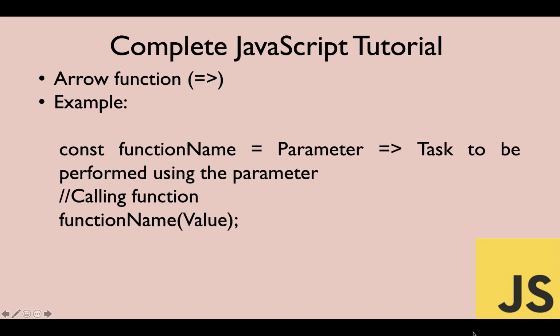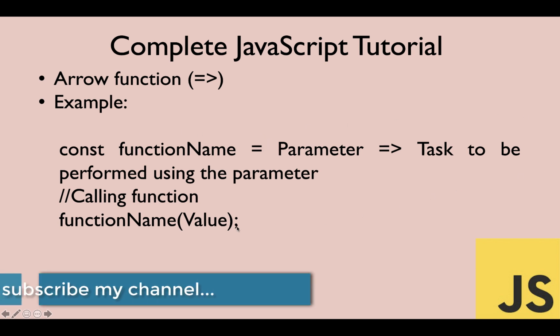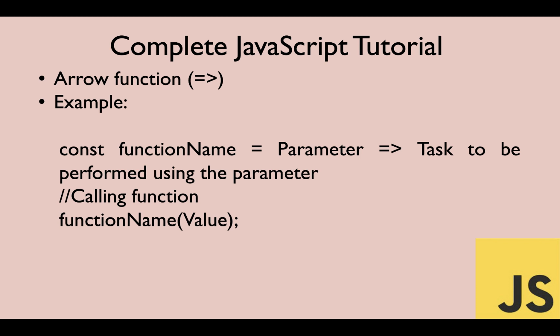So this is a basic example how exactly an arrow function looks like. So if you see here, this is a symbol that we have to use when you write arrow function, and that's why it's called an arrow function. So example over here is shown something like that. So similar to our function expression, we are saving the particular function into a particular variable, but the syntax over here is different. So we'll see this in the upcoming session in the same video. So let's get started. I will go to my Visual Studio Code.